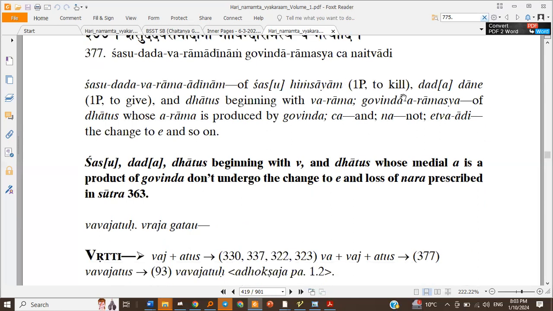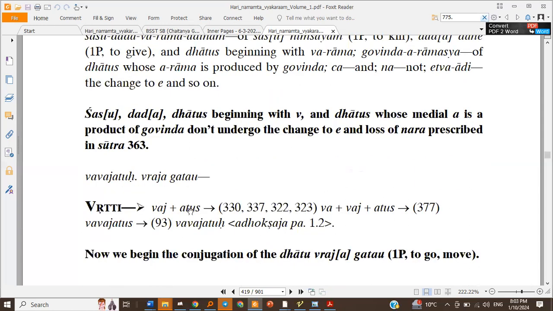So Shasu Hingsayam, Dad, Dane, and so on. So Vaj plus Atus. Here we don't make it into Vejatu like we did for other dhatus previously, Rejatu and so on, because of this sutra. This sutra is a Pratisheda Sutra. It's prohibiting previously described vidhi or operation. So we get Vavajatu,